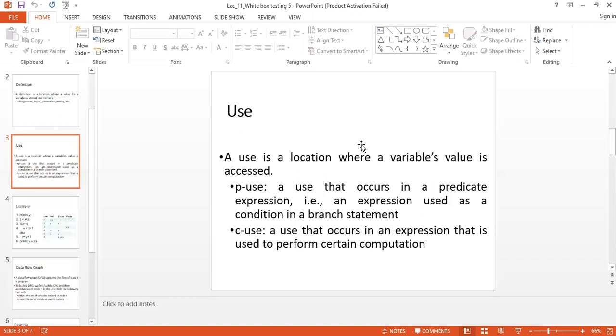Uses can be either p-use, when the data is evaluated in a decision or predicate expression, or c-use, if the data is utilized for computational purposes.